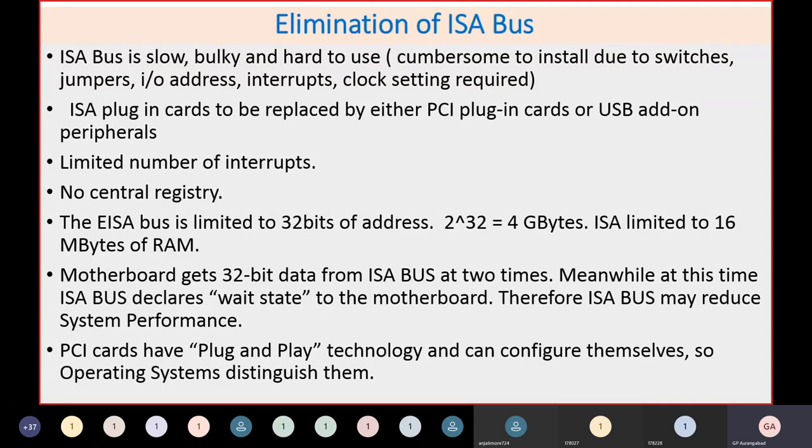There are a limited number of interrupts, no central registry. Then the ISA bus is limited to 32 bits. So if you have 2 raised to 32, it can address up to 4 gigabytes. As ISA was only 16 bits, it was limited to only 16 MB of RAM. Though you have a larger memory, you cannot use more than 16 MB of RAM by using